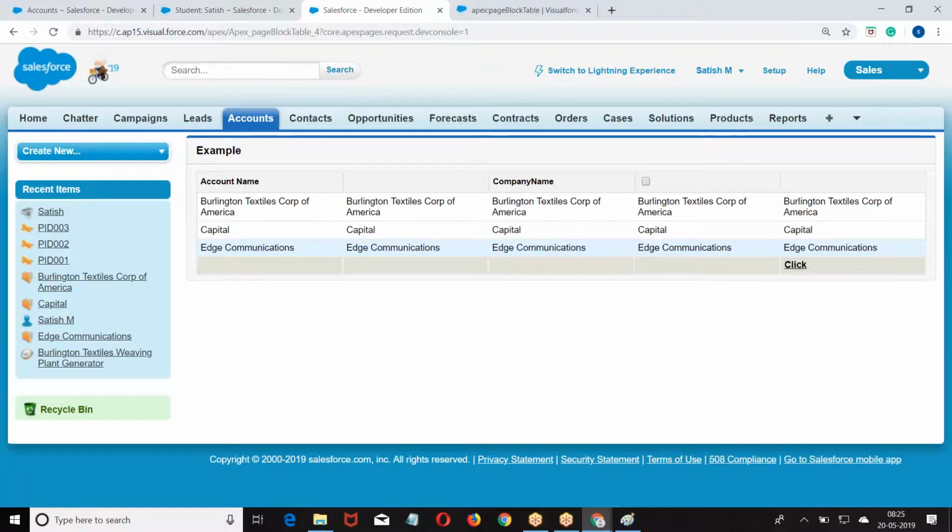Now other than string means what? Checkbox, link, button, image, whatever you want. If you want to print anything other than a text message, we go for facet.